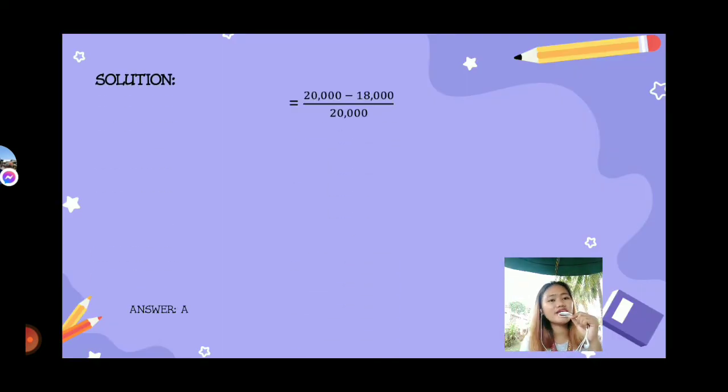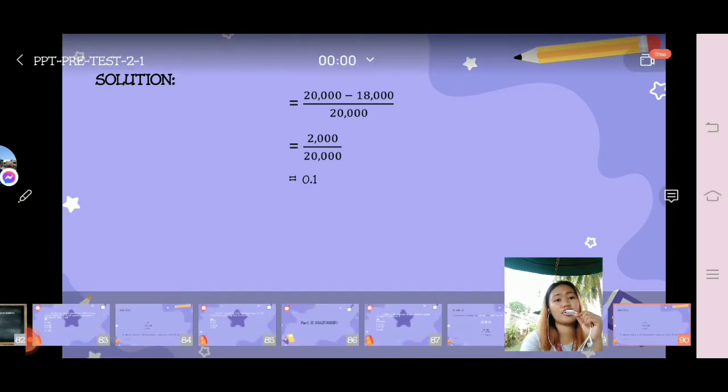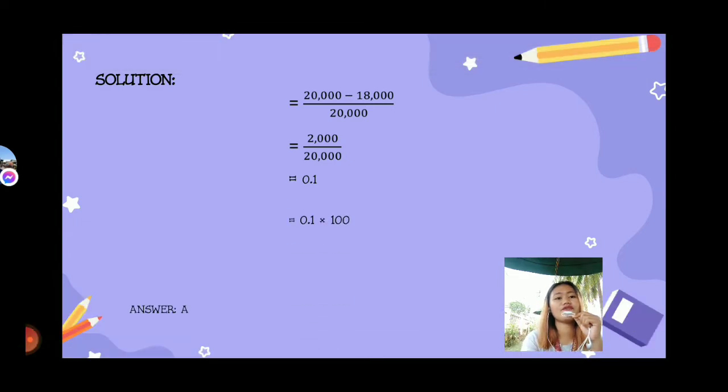So 20,000 minus 18,000 over 20,000. So we have 2,000 over 20,000. That is 0.1 if you divide it. After that, we get 0.1 times 100 in percent. That is why we have 10%. So therefore,